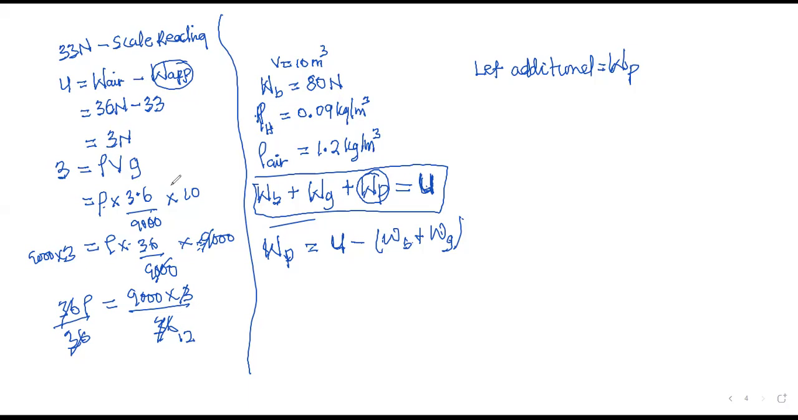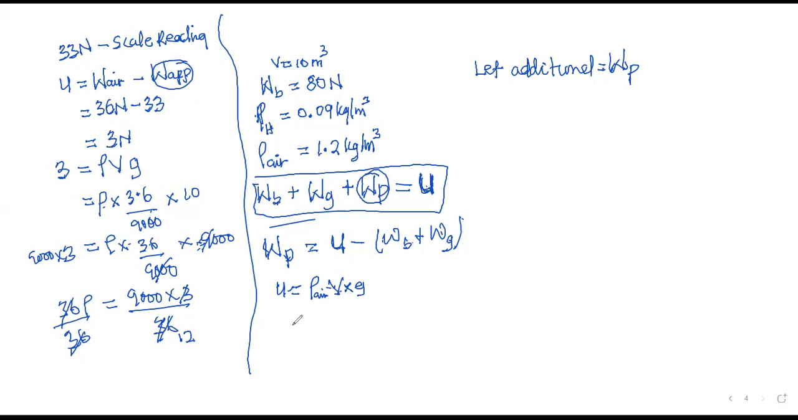So, almost. Let's determine the upthrust. The upthrust is equal to density. You see, the upthrust is for the hot air balloon. The upthrust is produced by the surrounding air. So the density of the surrounding air times volume of air displaced times acceleration due to gravity. Okay. The density of the surrounding air is